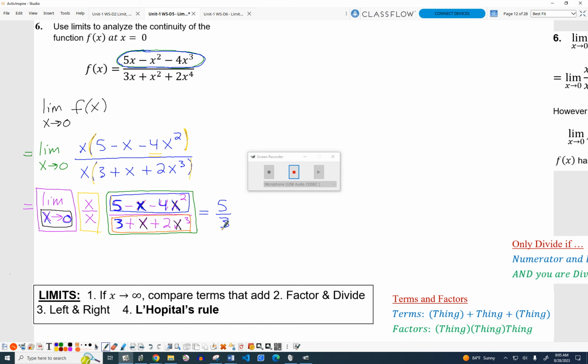Wait, wouldn't the numerator be negative? Does that make sense? Yeah, it makes sense. Go ahead. Sorry, Jeremy. You're good. Would the numerator be negative? Tell me why it's not, but tell me why you thought it was. Since it's 5 minus x. But what value does x have? Close to 0. So if you take 5 minus close to 0,